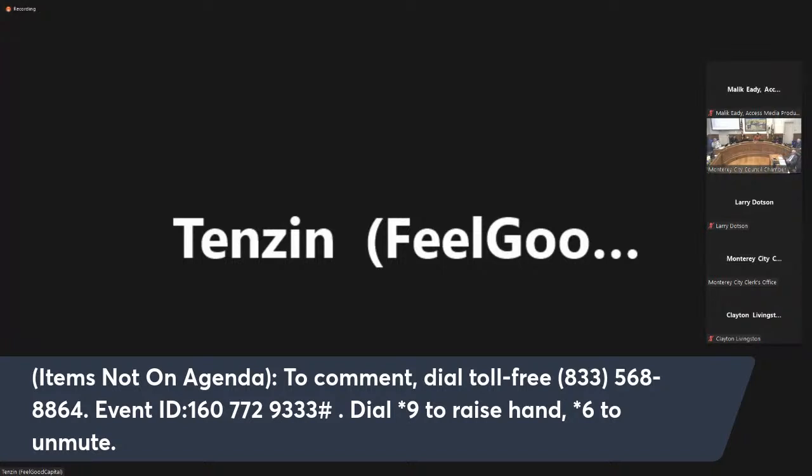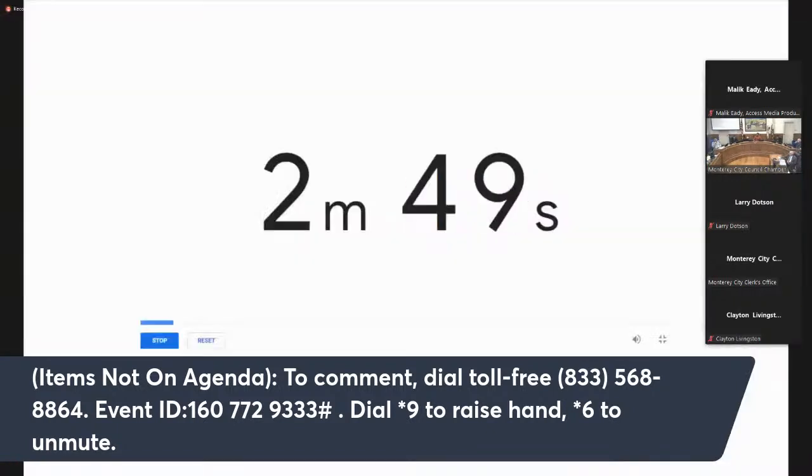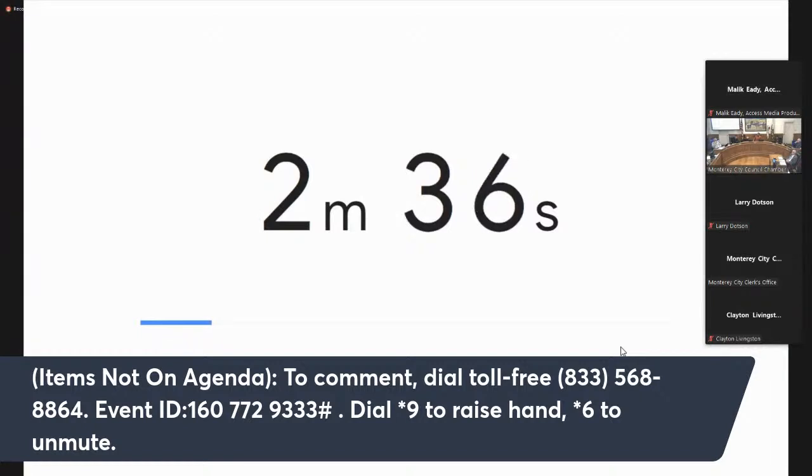I did want to let you know that my company, Feel Good Capital, helps small business owners with the employee retention credit, and in the past, I've helped them with the Paycheck Protection Program. As was stated, we have come out of COVID, but businesses are still hurting in the Monterey County area. My company offers the employee retention credit, with my experience doing $50 million in the Paycheck Protection Program. A lot of businesses are still suffering and negatively impacted by the ramifications of COVID.